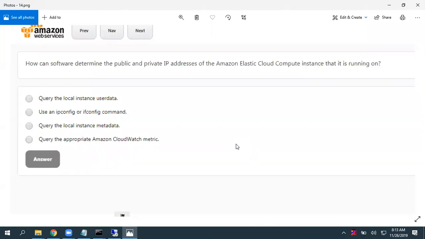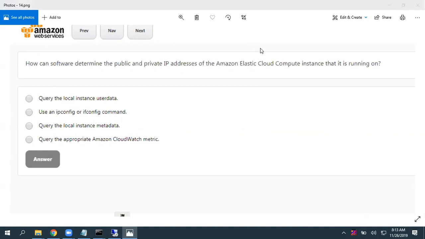Okay. And why not B? If you give ipconfig or ifconfig, it gives IP address information, right? Then why are you not selecting that? What is the option you are selecting? Okay. So C is the right answer, but ipconfig or ifconfig does not provide any public IP address information.